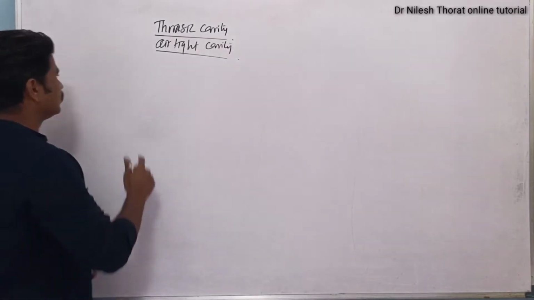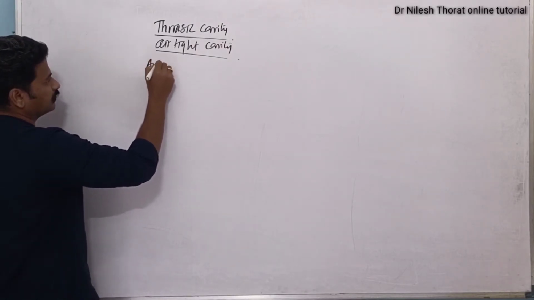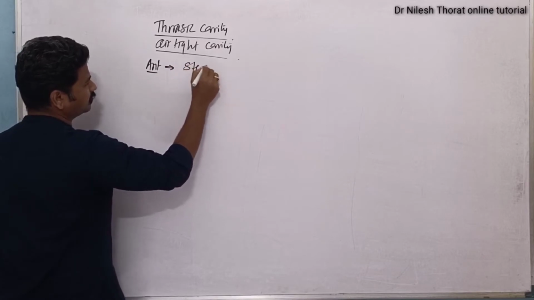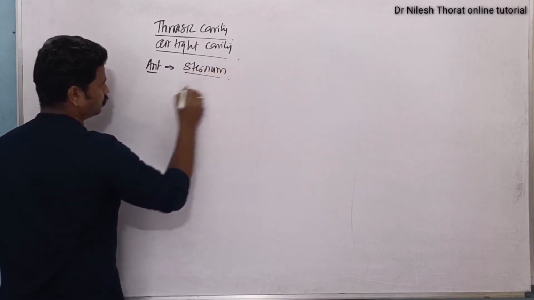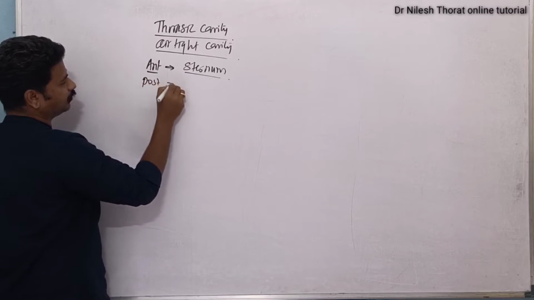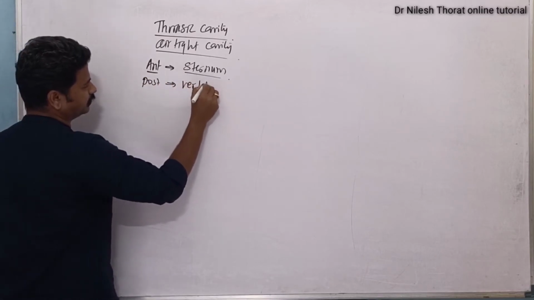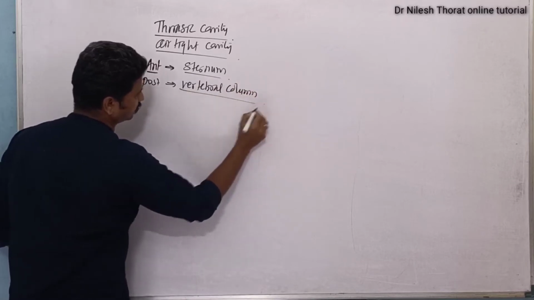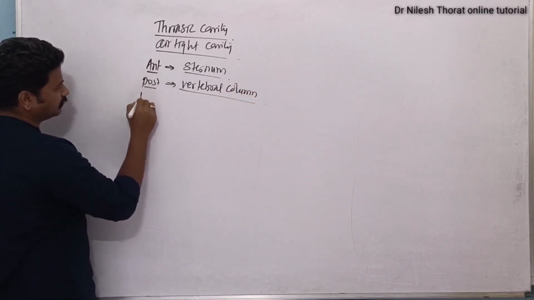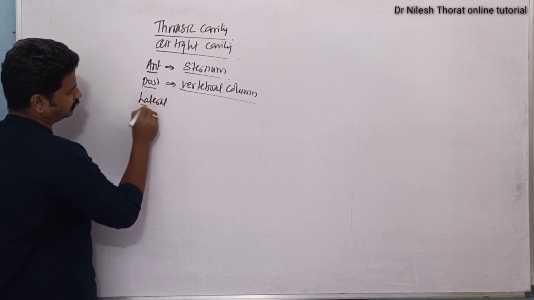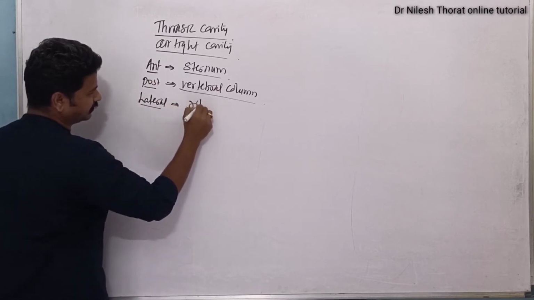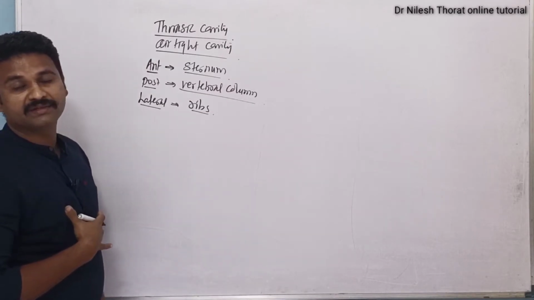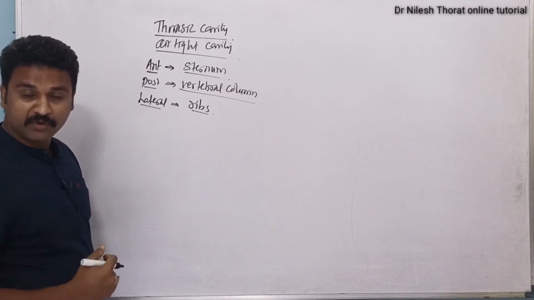So anteriorly the thoracic cavity is formed by the sternum. The posterior side is made up of the vertebral column, and on the lateral side we have the ribs, and the lower half of the thoracic cavity is separated from the abdominal cavity with